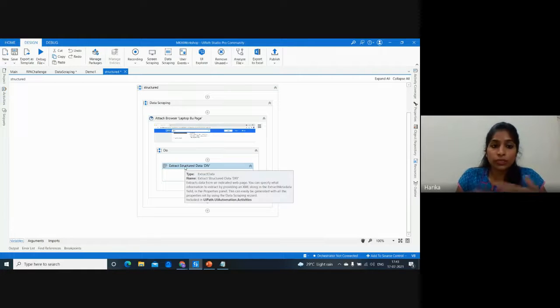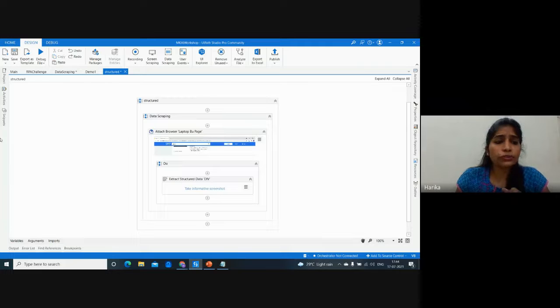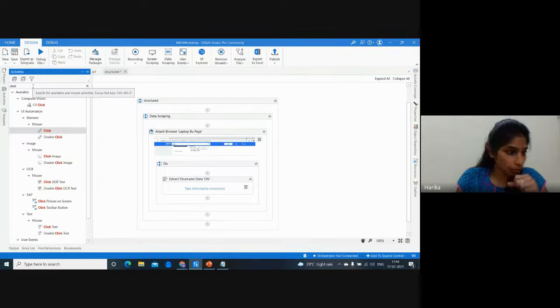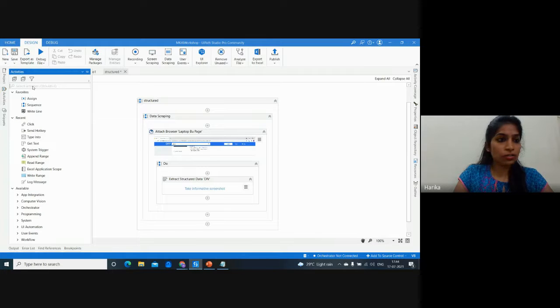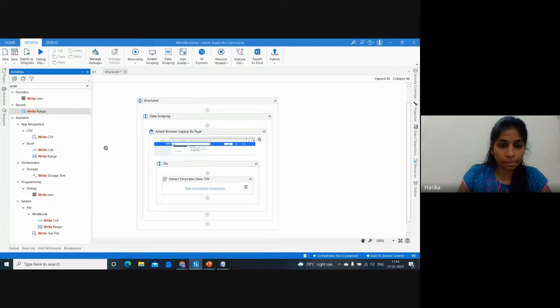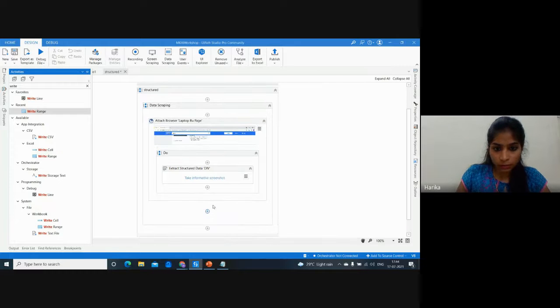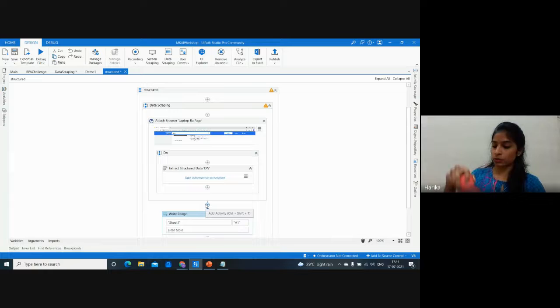So in order to read the data table, I wanted to convert the data from there into an Excel sheet. To do that, we have an activity called Write Range.